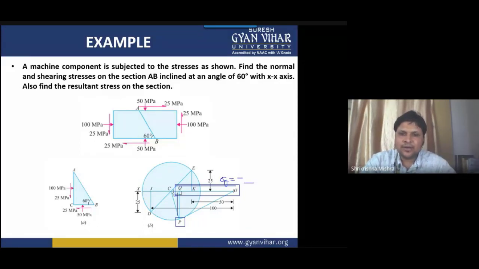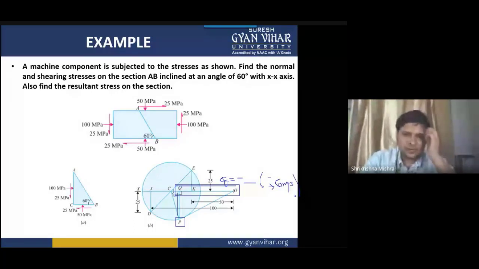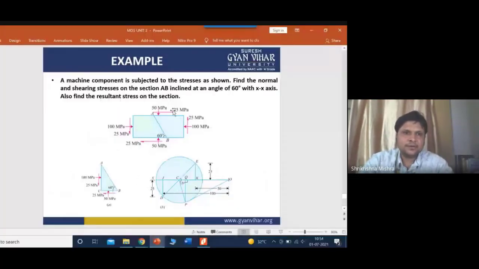Negative means whatever value you are getting, students, that will be taken as compressive, because generally we take negative sign for compressive. All right. So in this way, students, we will draw a Mohr circle, and compressive means its arrow will be in this direction. Generally, we used to take arrow in this direction, but this direction we will not take, we will take the arrow in the opposite direction, in this direction.